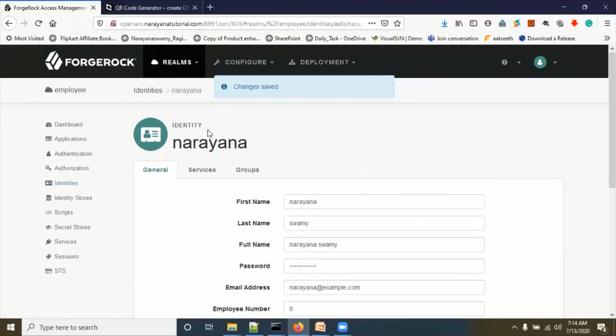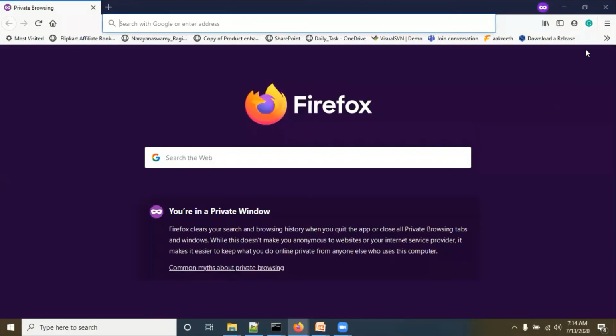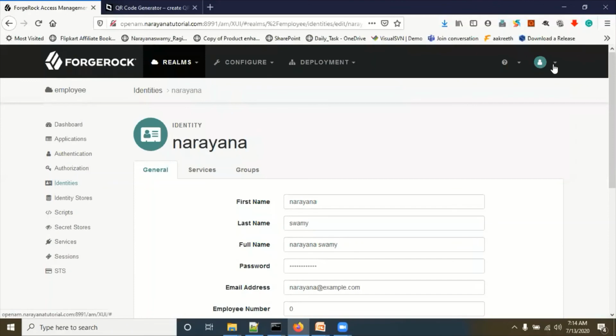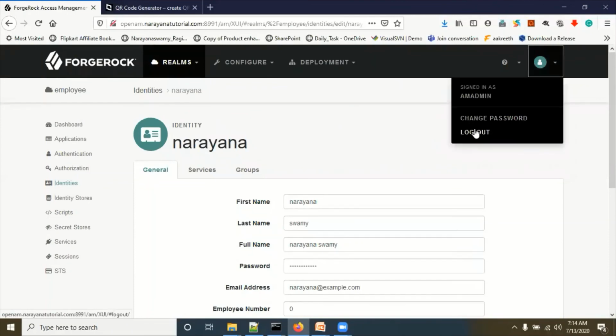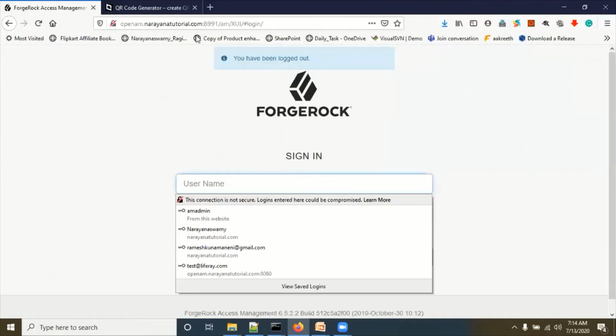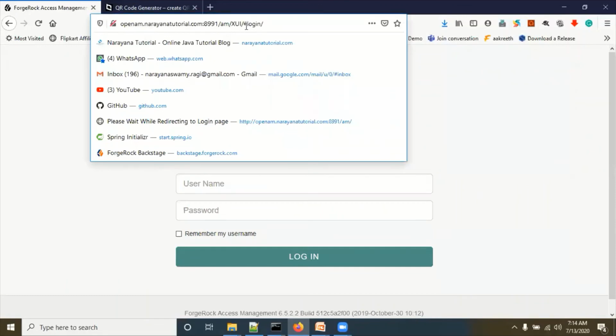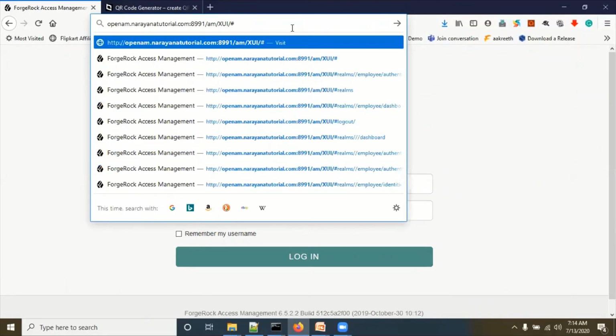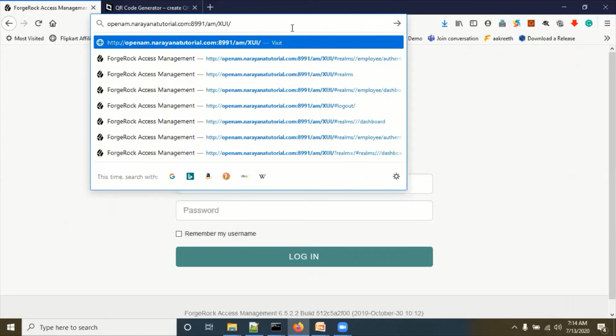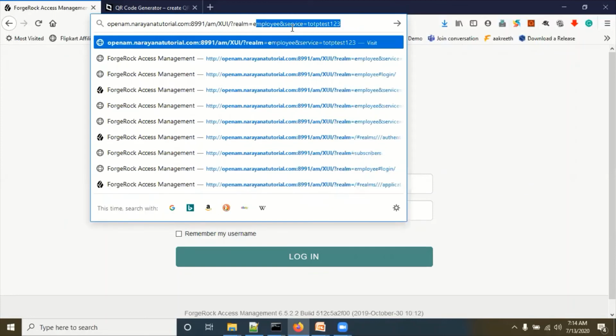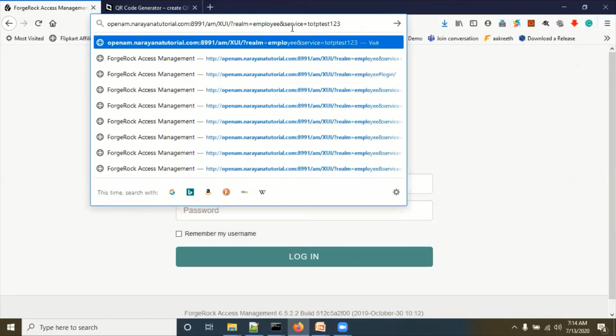Now open a new private window, so we can test it here also, no problem. Click on log out. Now you have to change your URL because we have configured the setup in the employee realm, like realm employee and service.